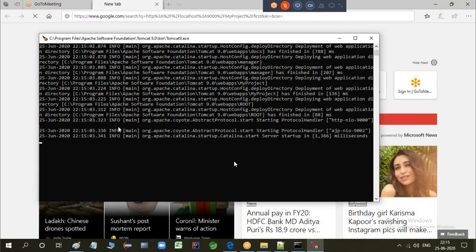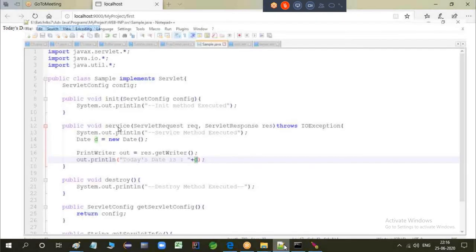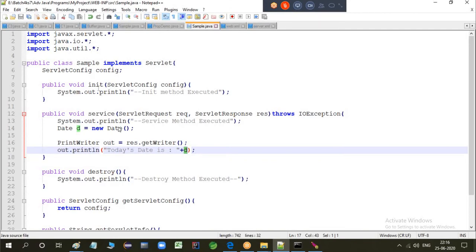What happened? Okay, yes, the init method got executed and the service method got executed. I can see on the server it's executing. And what I got is today's date, the date with complete time. I printed the date object, so I am able to display the date to the user. So this is how you develop a servlet.